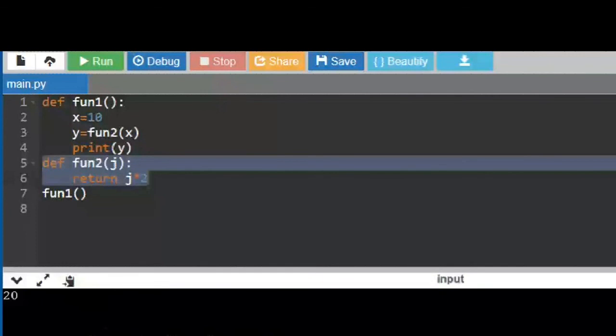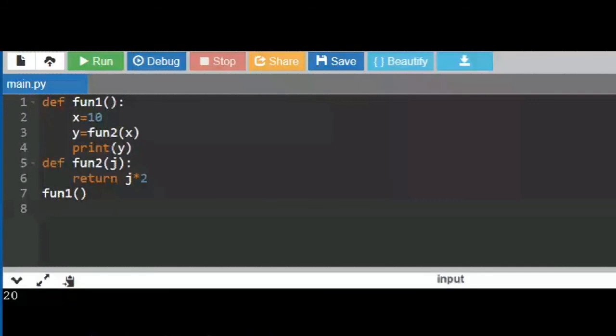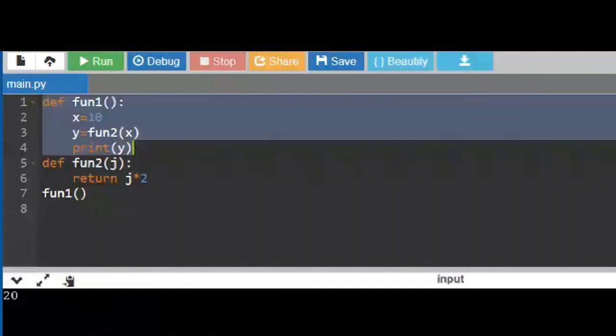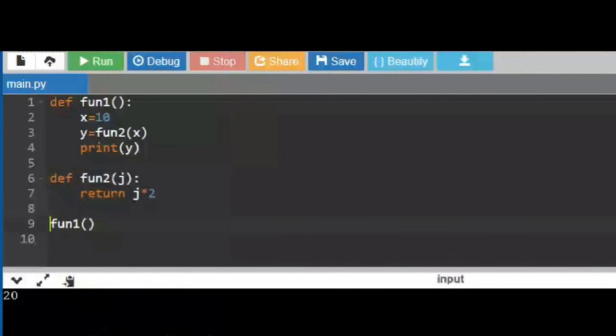Is this flow of execution clear to everyone? Yes, ma'am. Once again, repeat, ma'am. Yes. Listen to me carefully. Here I'm having two functions. This is the first function and this is the second function. Is it inside dependent functions?